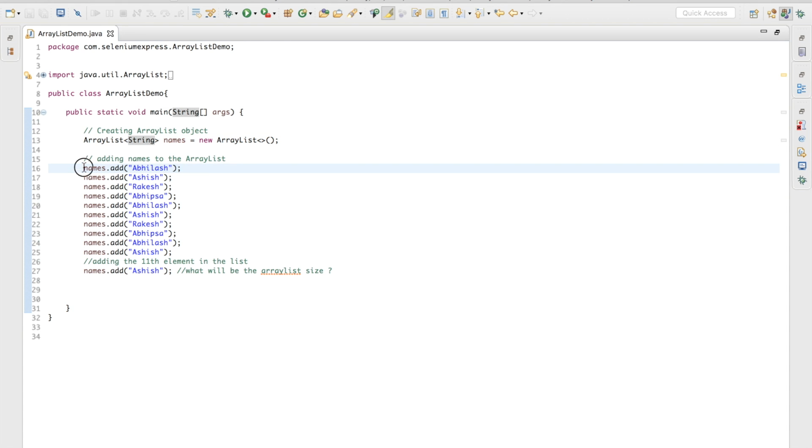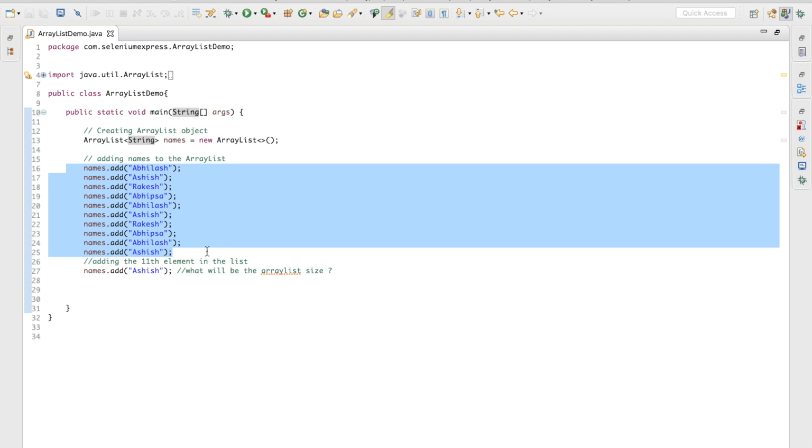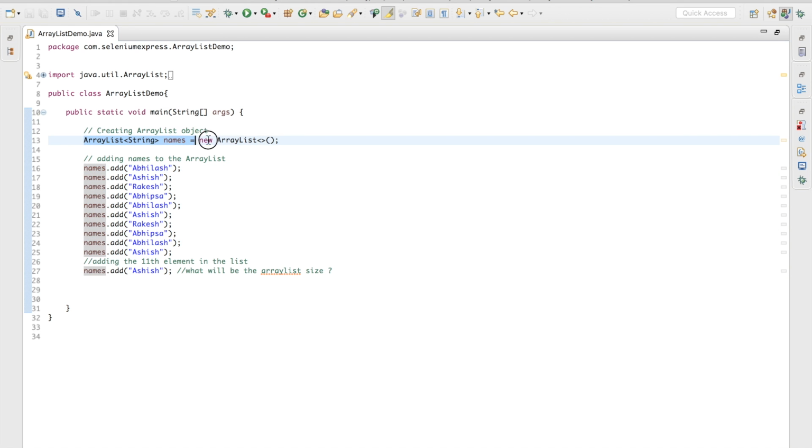So basically I've added 10 elements over here to my list, and this is going to be my 11th element, right? So we are going to observe here. Here we are creating our list, and here we are inserting our first element. I'm going to give a breakpoint here and see, whenever I'm creating the ArrayList object, what the initial capacity is, and whenever I'm adding the first element to my list, at that